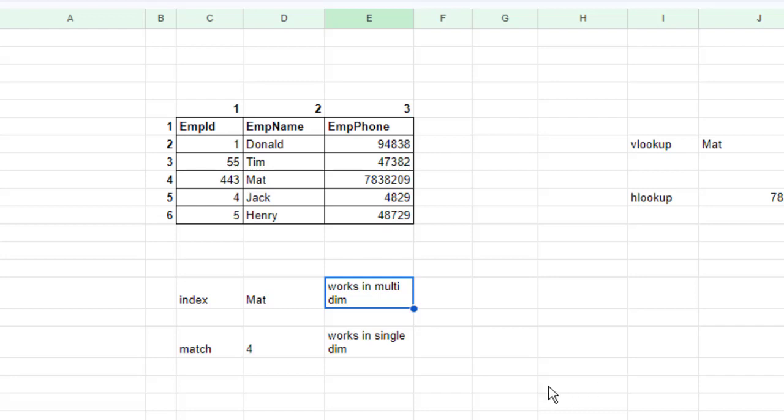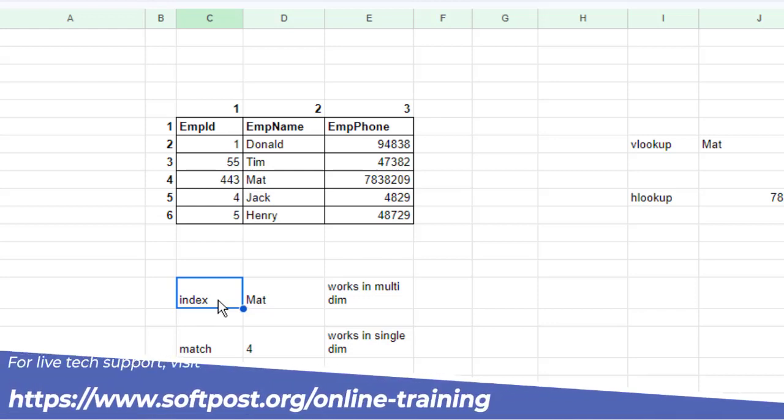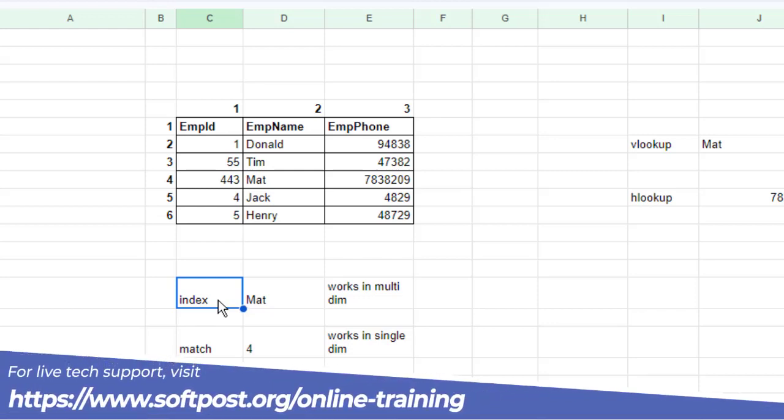In this video, I will explain the INDEX and MATCH functions in Google Sheets. First of all, let us start with the INDEX function. With the INDEX function, what you can do is, for the given index, you can extract the data from the